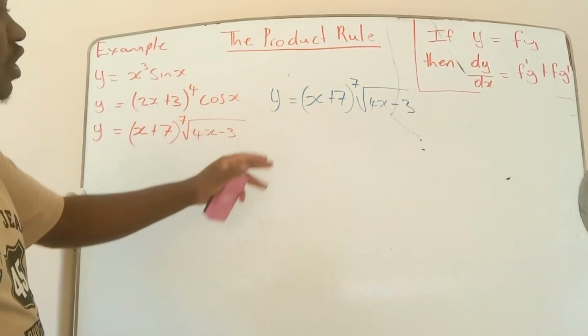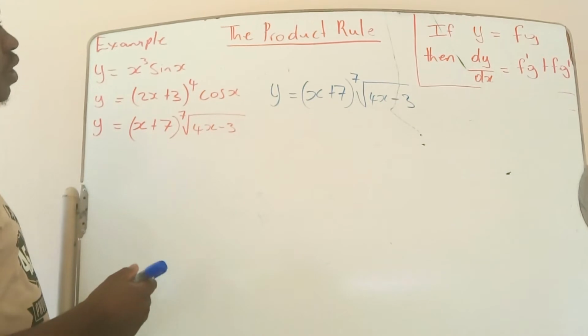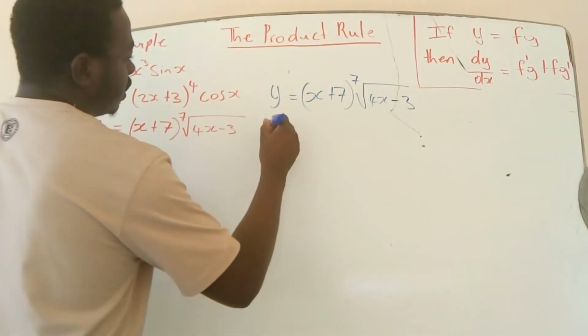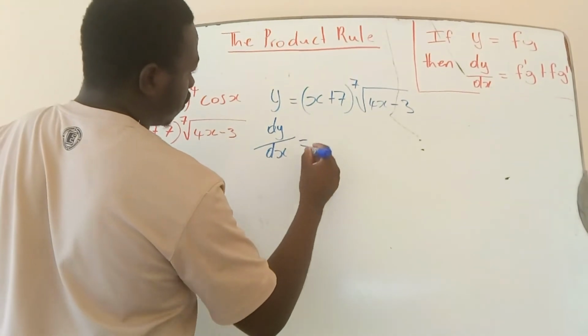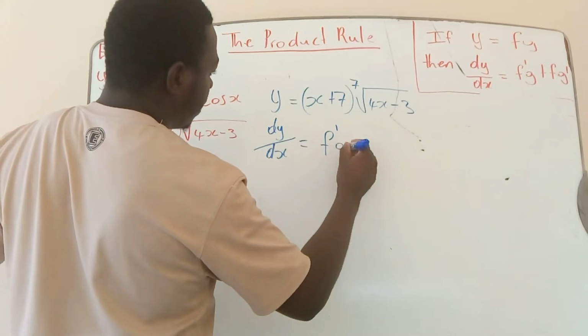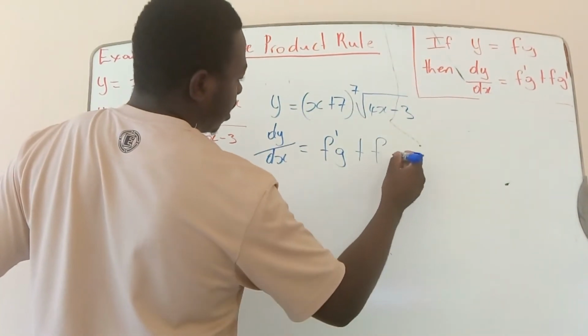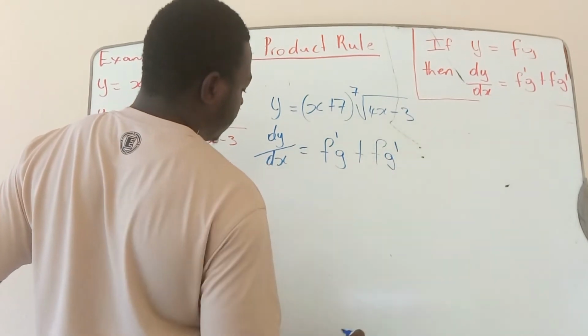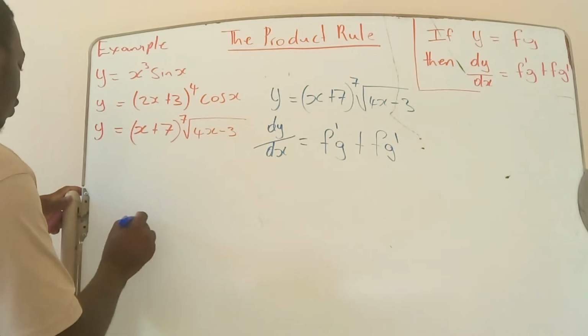You're asked to differentiate this function with respect to x, but you must use the product rule. Then dy by dx is equal to the derivative of the f function multiplied by the g function plus the f function times the derivative of the g function. That's it. So again, you could say let